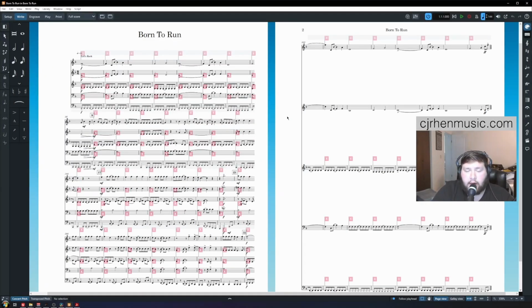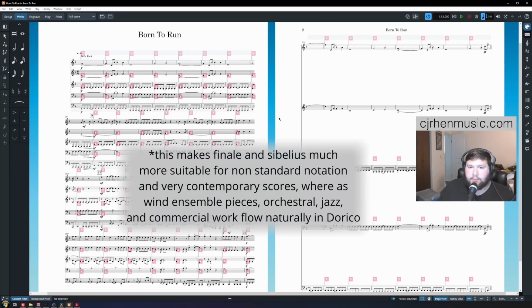So immediately on this score, you'll see a bunch of red X's, and I think it's very important we understand why that's happening. That's because of this concept I keep talking about in my videos, that Sibelius and Finale are really softwares based around doing back-end workarounds to make things look the way you want. This is different than Dorico, which really likes to follow rigid rules because there's always a way to do something